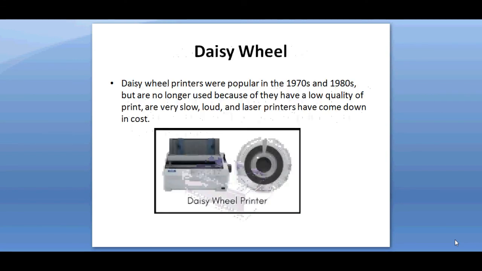Daisy wheel printers. In order to get the quality of type found on typewriters, a daisy wheel impact printer can be used. It is called a daisy wheel printer because the print mechanism looks like a daisy. At the end of each petal is a fully formed character which produces solid line print. A hammer strikes a petal containing a character against the ribbon and the character prints on the paper. Its speed is slow, typically 25 to 50 characters per second.